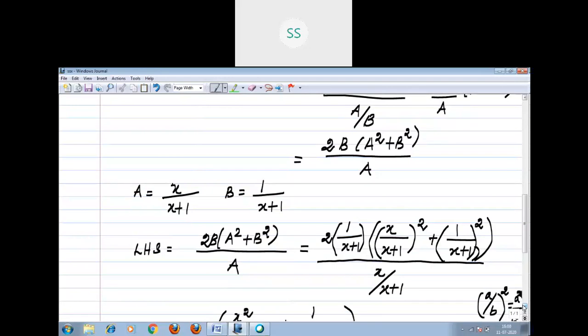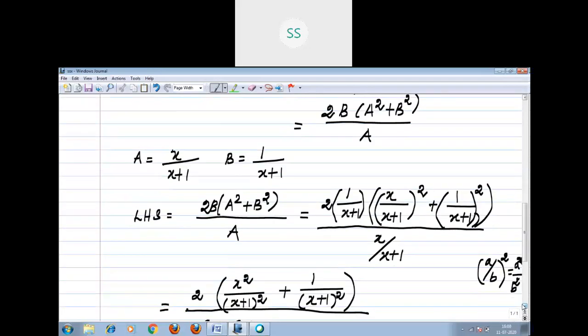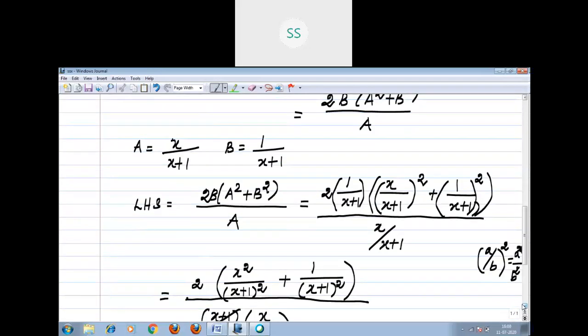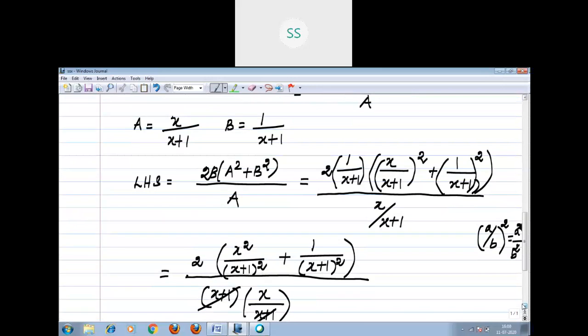Now you see in the numerator you have a fraction. The denominator of that fraction will come to the denominator part, that you learnt, right? 2 by 7, the whole thing divided by 4, means you can write 2 by 28, right? That concept I applied here: x square divided by (x plus 1) the whole square. For your understanding purpose, I am going to shift this x plus 1 alone into the denominator. That's why I write it in the next step, right?